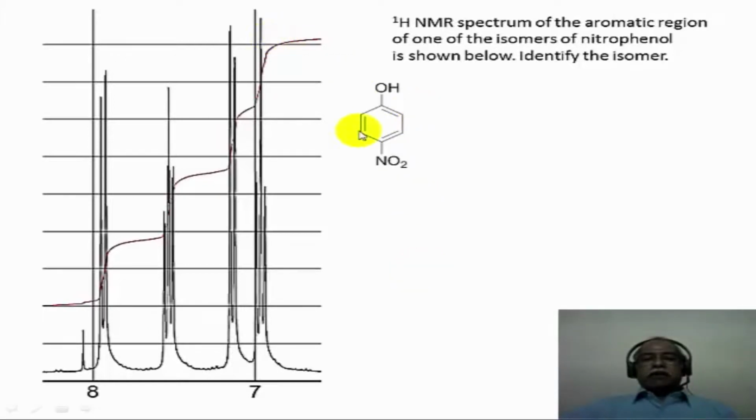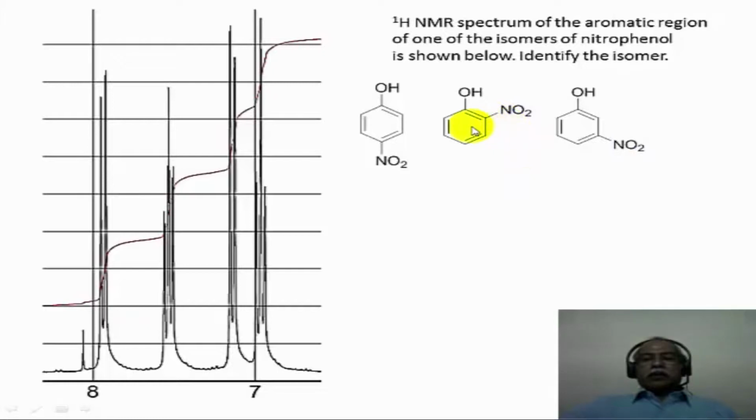So one can straight away rule out the possibility of the para-nitrophenol, because para-nitrophenol has only 2 types of aromatic hydrogen, the one that is ortho to the hydroxy functional group and the ones that are ortho to the nitro functional group. So this is a AA prime BB prime pattern. Please recall that AA prime BB prime pattern is symmetrical with respect to the center of the spectrum. This is not a symmetrical spectrum with respect to any centers of the spectrum. So one can straight away rule out the possibility that this is the correct answer. So that leaves us with 2 other isomers, namely ortho-nitrophenol and meta-nitrophenol.